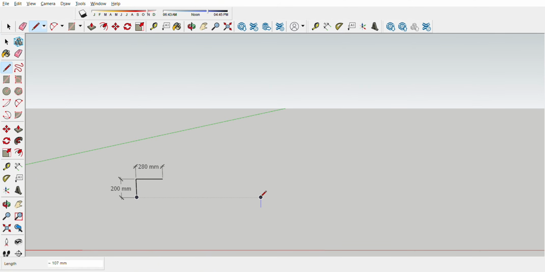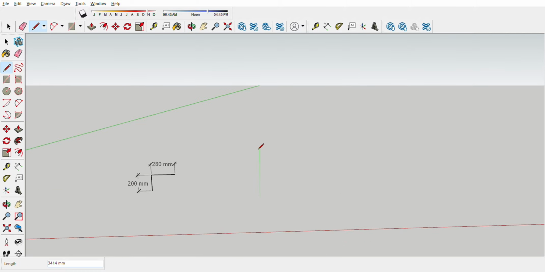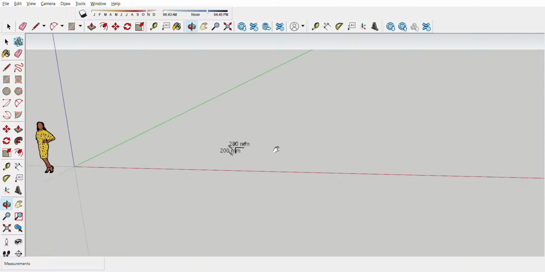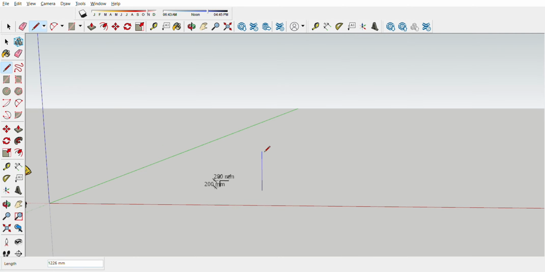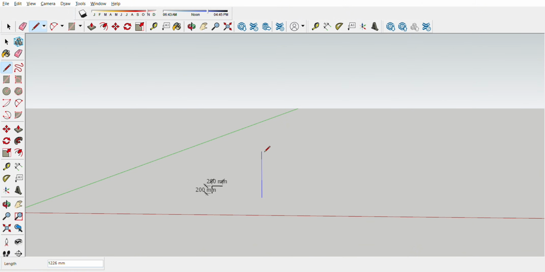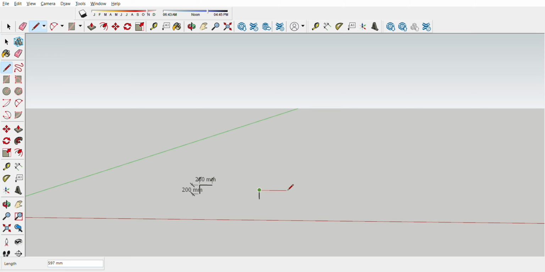Make a line going up. This one is the blue axis going up. Blue axis, remember. So we are going to type 200 and then 280 for the horizontal, and then escape.